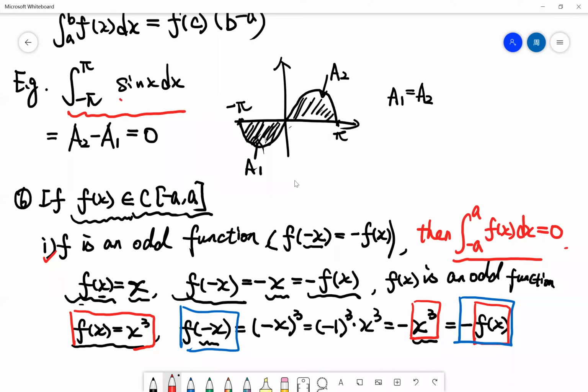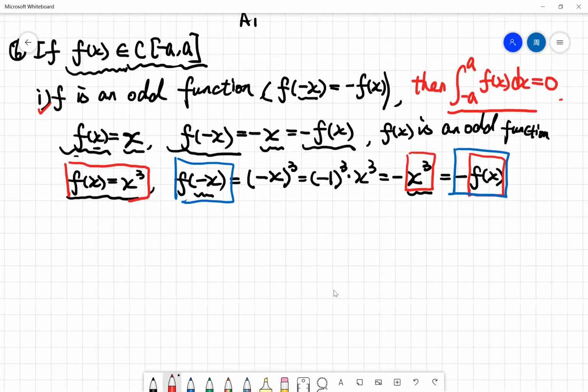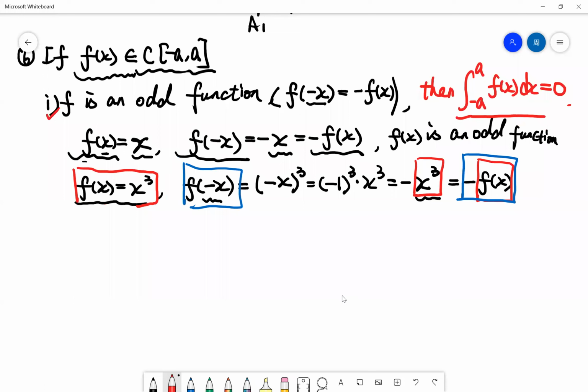The function sin x is an odd function. And the interval here is a symmetrical interval. So we know that it equals 0 here. So if I want you to calculate, for example, from